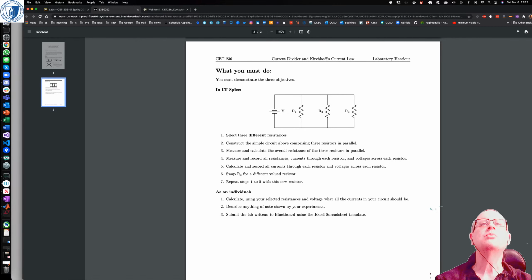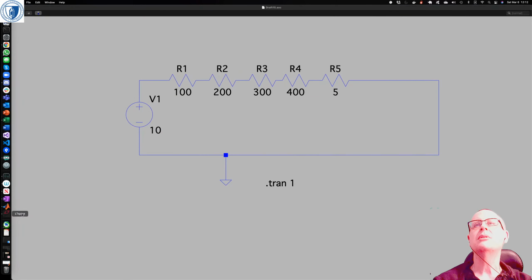Measure and record all resistances, currents through each resistor and the voltages across. Calculate and record all currents through each resistor and voltages across each resistor. Swap R3 for a different valued resistor and then do the whole thing again. Okay, so the aim is to just make sure you get the right